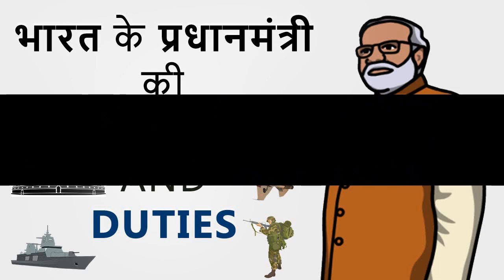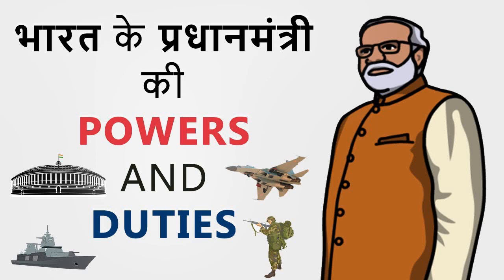Now, duties and functions of the Prime Minister and Chief Minister. In the central government, the Prime Minister decides the rank of his ministers and distributes the various departments. But in the state, the Chief Minister decides the rank of his ministers and distributes the various departments. In the central government, second point, the Prime Minister decides the dates and agenda of the meeting of the cabinet, which he presides over. Like in the state, the Chief Minister decides the dates and agenda of the meeting of the cabinet,